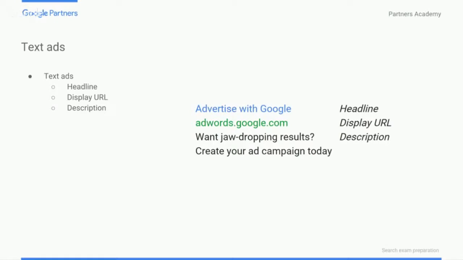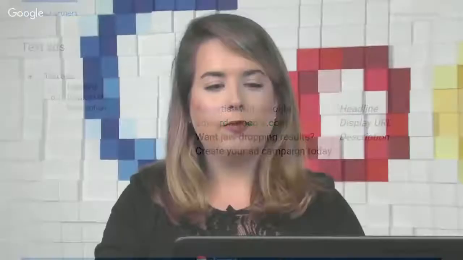Now, here are some tips that make a great text ad. Highlight what makes you unique. Do you have a huge variety? Do you offer free shipping? Showcase what makes you competitive. Include price, promotion, and exclusives. Provide the information that people need to decide, and include any information on limited time discounts or stock